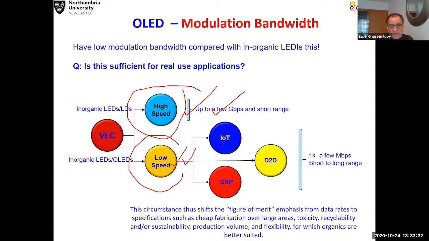And if you look at that, this can be split into IoT-based devices, in other words, device-to-device communication, which is part of the smart environment. Or it can be for localization, your optical GPS. Or it can be for pure device-to-device communication. So for these, you don't need high speed. It's not necessary to have high speed for that. It's overkill.